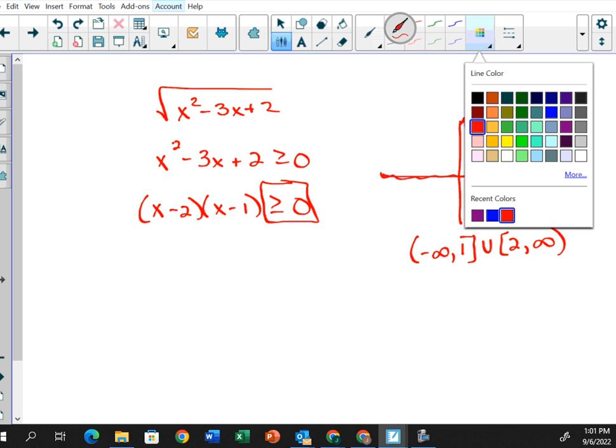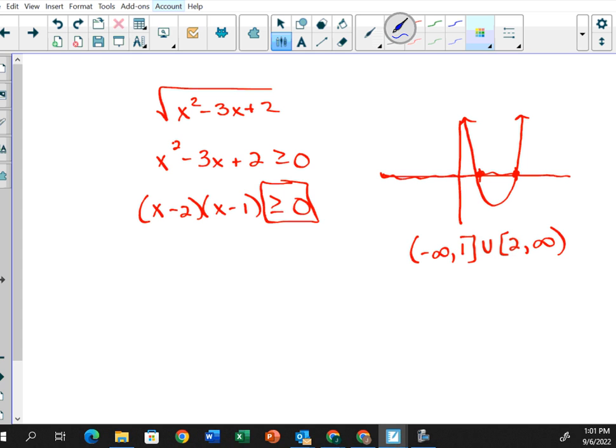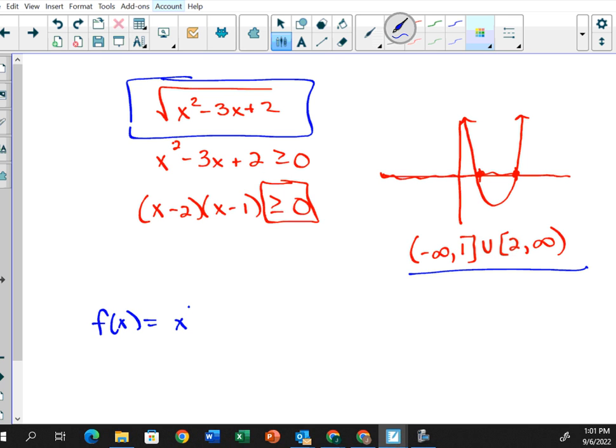Yes, so the domain of the quadratic is all real numbers. The domain of the radical is this because what's under the radical has to be greater than or equal to 0. If the function had just been the quadratic,